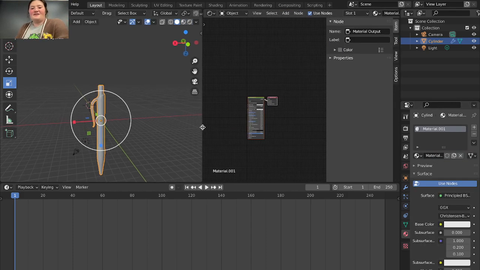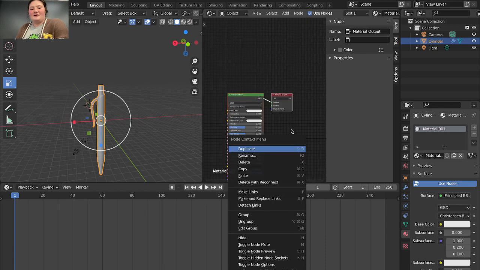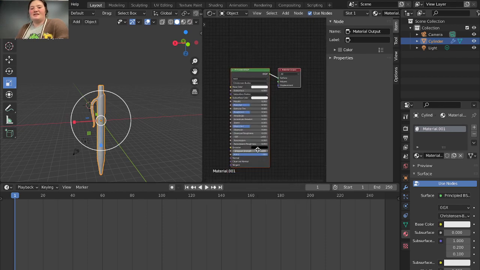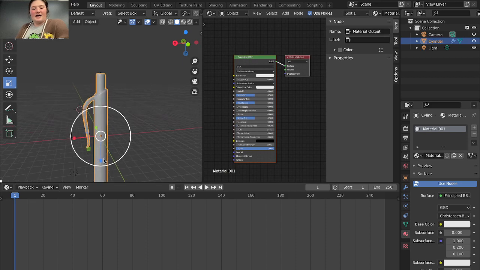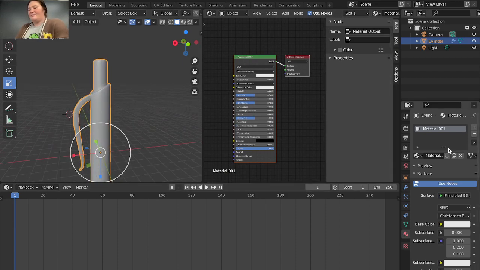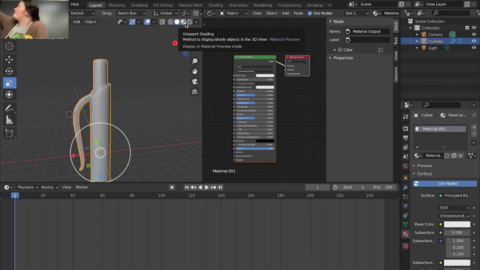And the reason I have the shader pulled up is because I can show you what a material contains. So I added this material onto here. I'm like, wow, I really like this material. I want it on there. It's on there. So cool. In order to see it, I'm like, wow, it's supposed to be white though. It's still gray. It's still normal. So what you want to do is in your viewer, you want to change from up there